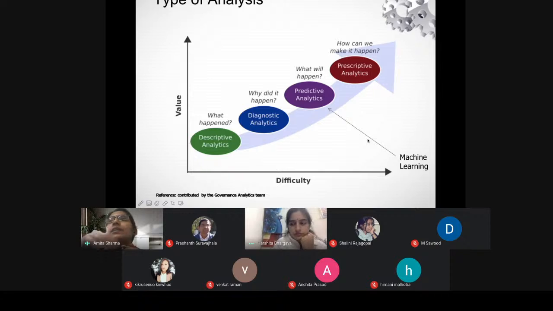Up to predictive analytics, it is just general information about the happening or the event, but in prescriptive analytics, we give suggestions or a prescription so that we can improve the event by giving better inputs or by creating the environment in such a way that we get better results. So basically, prescriptive analytics focuses on how can we make it happen? How can we improve our environment or event by focusing on a particular set of actions? So the whole recommender system is based on prescriptive analytics. Next slide.